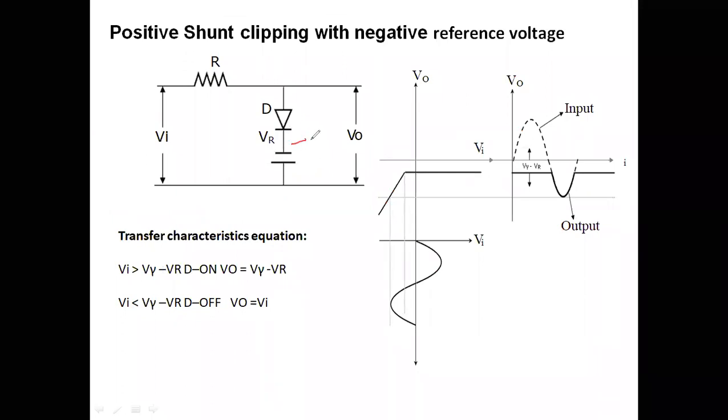Therefore, the same example you can take. Here the cathode is connected to minus 5 volts. Your input voltage is plus 10 to minus 10 volts, the same example you can consider. You are going to have plus 10 to minus 10 volts at the input terminal. But the difference is the reference voltage. I had reversed the reference voltage. Therefore, since it is a positive clipper, positive will be clipped off. That means positive will be cut down, and some portion of the negative also will be cut down.